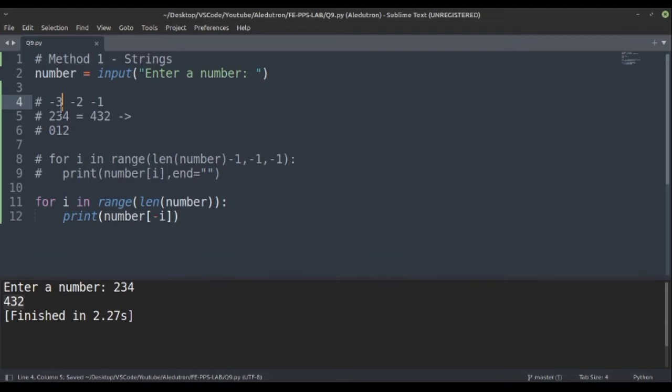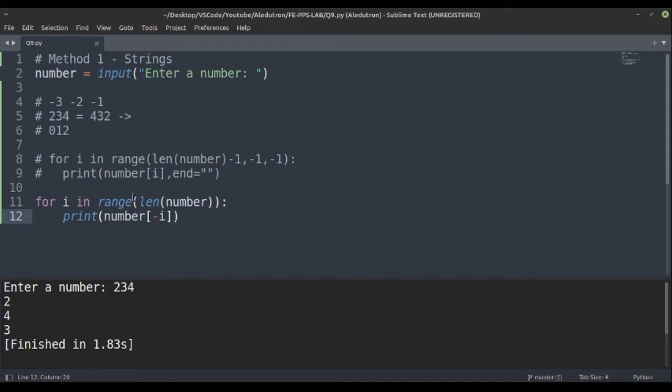So this is the index for 2, 3 and 4: 4 has index -1, 3 has -2, and 2 has -3. Let's see what we get if we run this program. Let's run 2, 3, 4, and we are getting 2, 4, 3.